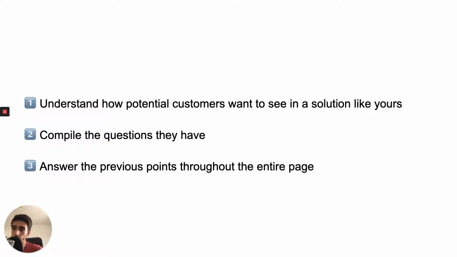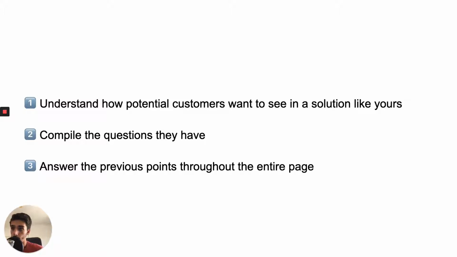Here's how you do it. Step one, you understand how potential customers want to see a solution. Let's say they want to buy a CRM: what kind of things are they looking for? What kind of features do they want? What makes them decide on a particular product? You answer this by looking at FAQs, looking at reviews, asking your current customers, and a bunch of different ways. Then you compile the common questions that people have about a certain problem, a certain product, or in general, like questions about a CRM, for example,